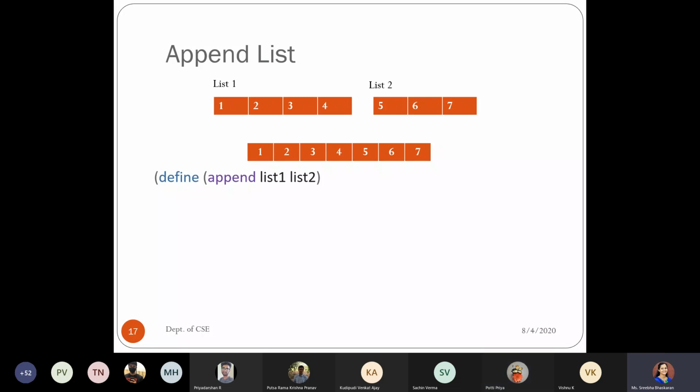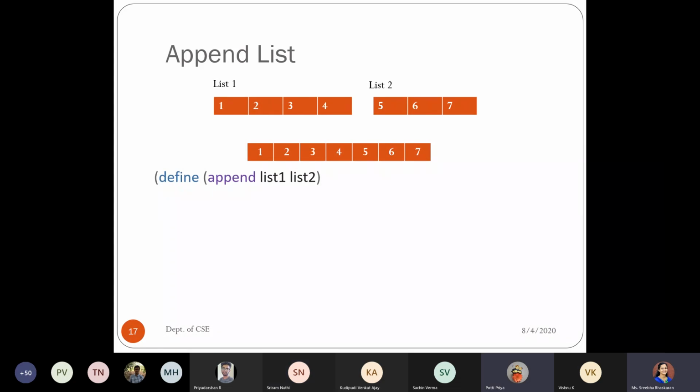Okay, so we have many conditions as per what you are saying, Priya, right? So first condition is till we traverse till the last of list 1, so null of list 1. That is our first condition. If that condition is satisfied, what is the one I have to return or do? What we can do is when we reach the nil, that condition satisfies, we can do CAR of the second list and add the first element of the second list and then we'll do CDR of the second list.